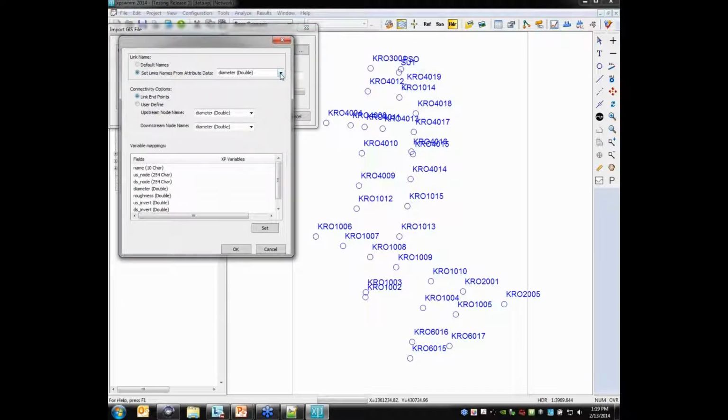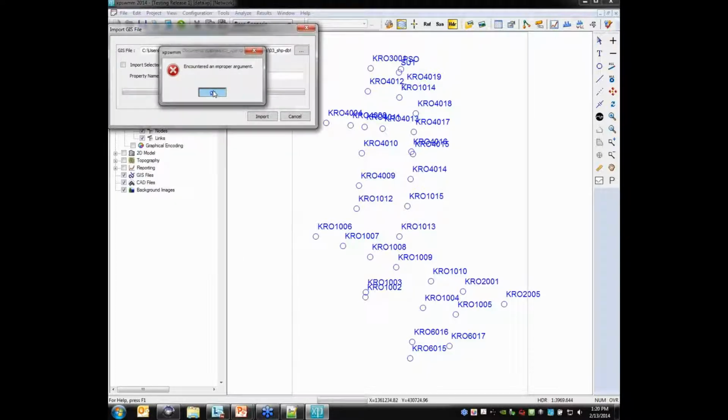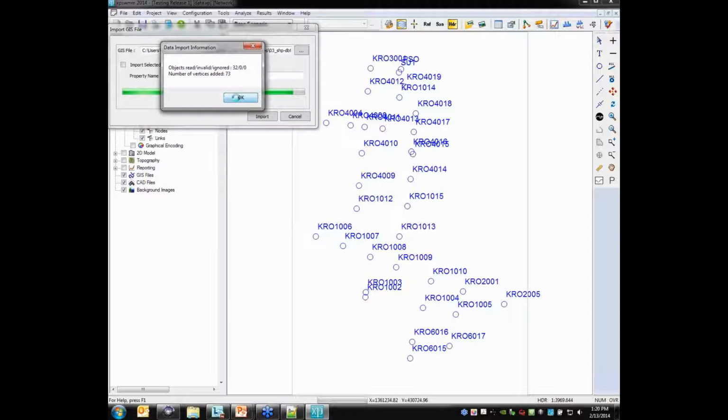Now I want to actually use what I know to be the correct indexes from the data, and by that I mean the name. I don't want XPSWM to pick a default name. I'd like to use the name in the database, and I'll show you why in just a second. Similarly, I want to define the upstream node by its text upstream node, and same with downstream node. I'm not going to map the fields, but like I said, I could do that, but I'm not going to do that right now. I'm just going to go ahead and build that in, and now you see everything here,